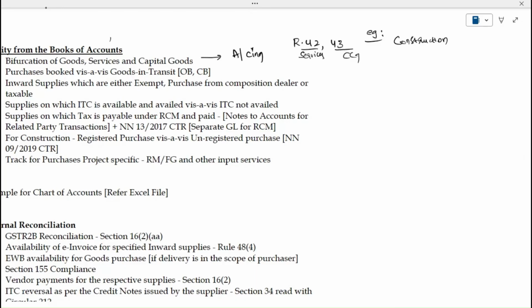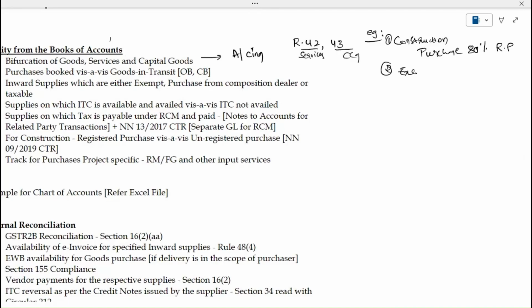In case of my construction business, there is a thumb rule that my purchases should be 80% from a registered person. If I don't have purchases from a registered person to the extent of 80%, for the shortfall I need to pay tax under reverse charge mechanism. That is one particular norm. Second example,